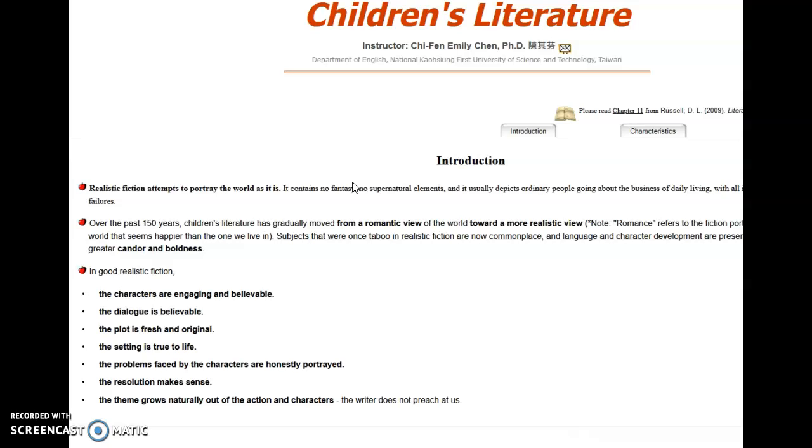What did you learn? What surprised you? And then maybe even, what do you still have questions about? Like I said, this chapter is probably not the most exciting chapter to read, but it is beneficial because if you know where your books are coming from and you understand the background of them, it'll be easier for you to teach any type of book that you're jumping into in your classroom.